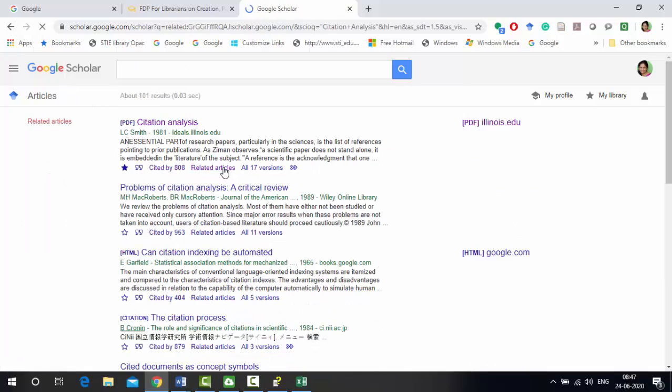These are the related articles. Again, it is somewhat similar to the earlier one. If you want to expand your search, not getting enough articles for your reference citation, you can click on the related articles and you can go through the list and you can find out the most relevant articles again from these. And if you think the articles are according